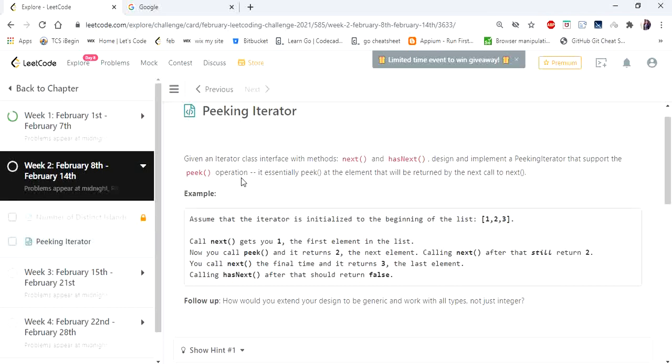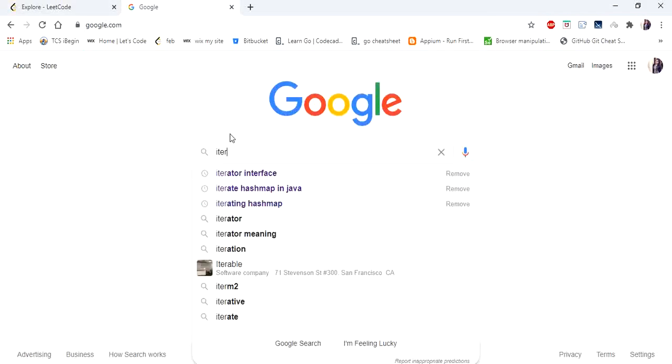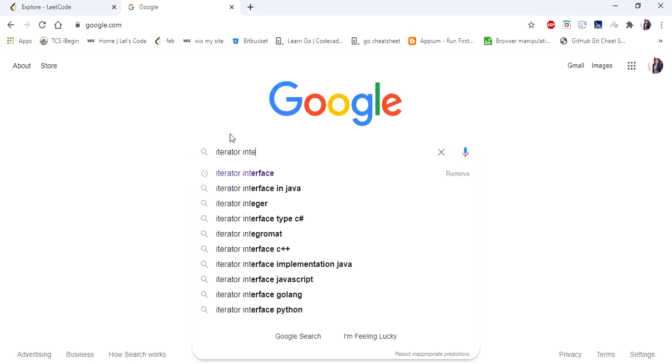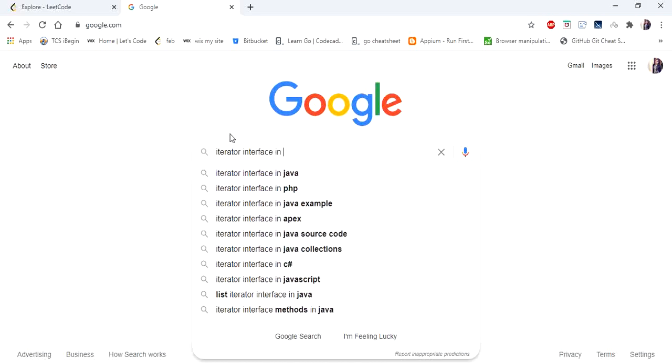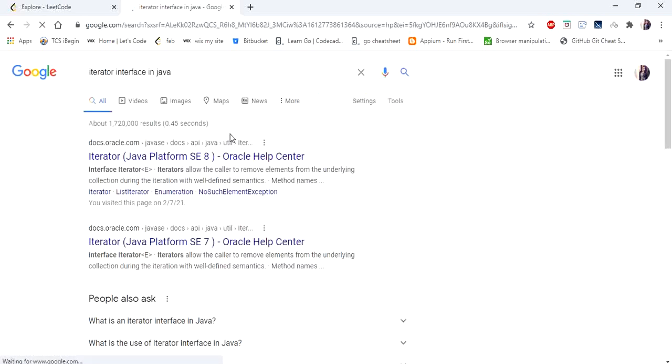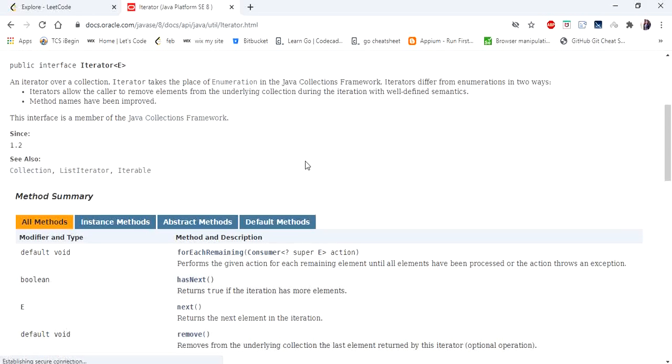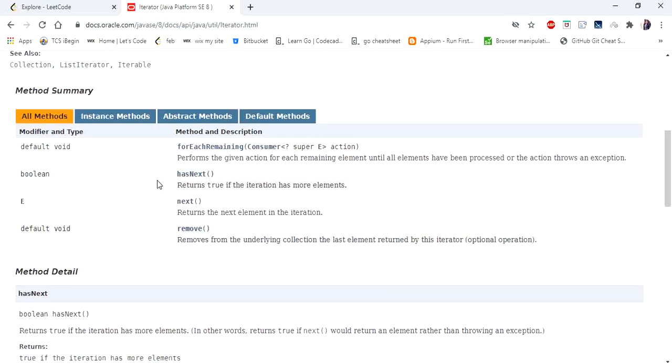So what is the iterator interface in Java? Let's search for the iterator interface. Directly go to Oracle. Here you can see what operations can be performed using the iterator interface. It has hasNext, next, and remove.